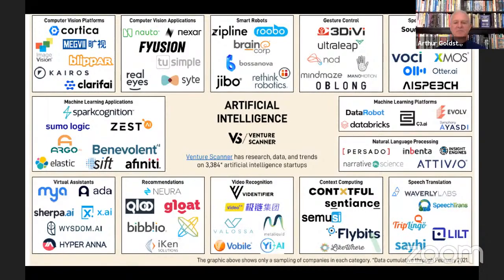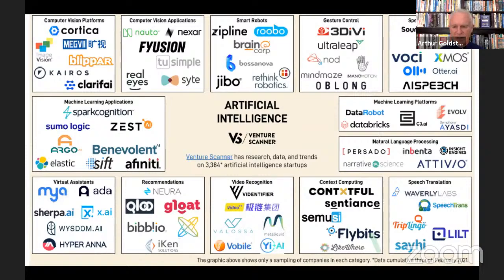This is a chart showing the number of artificial intelligence startups that received venture capital investment. And again, the point isn't to show you all the companies, but all the categories of artificial intelligence that are being revolutionized. And what's particularly significant for the individual is that bottom row, virtual assistants,